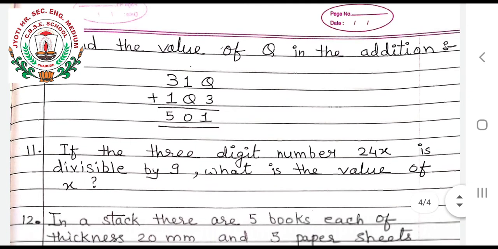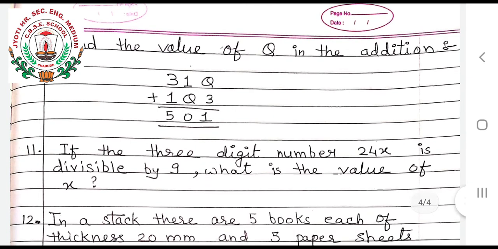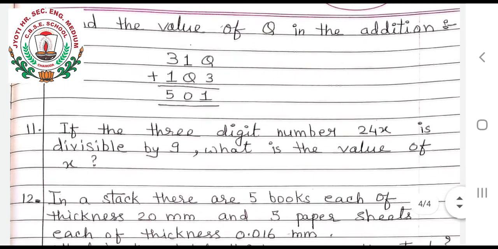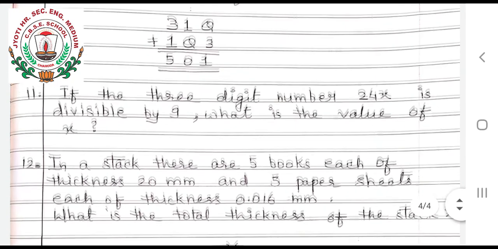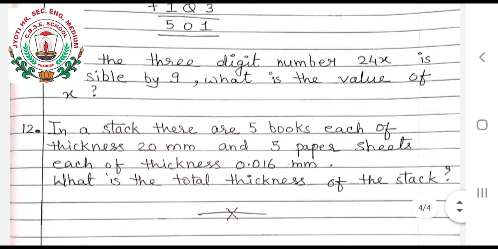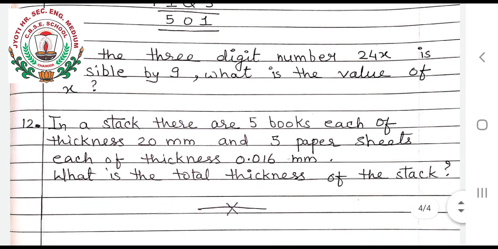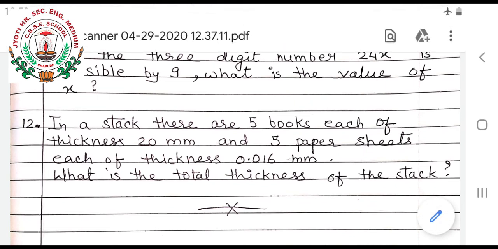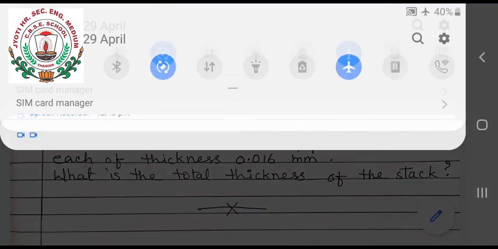Then question number 11, it is from the example. Such kind of question you have already solved in the exercise. You just go through that and solve it like an example. Then the 12th question is of the exercise only, just repeat it like a revision. So here completes your assignment questions.